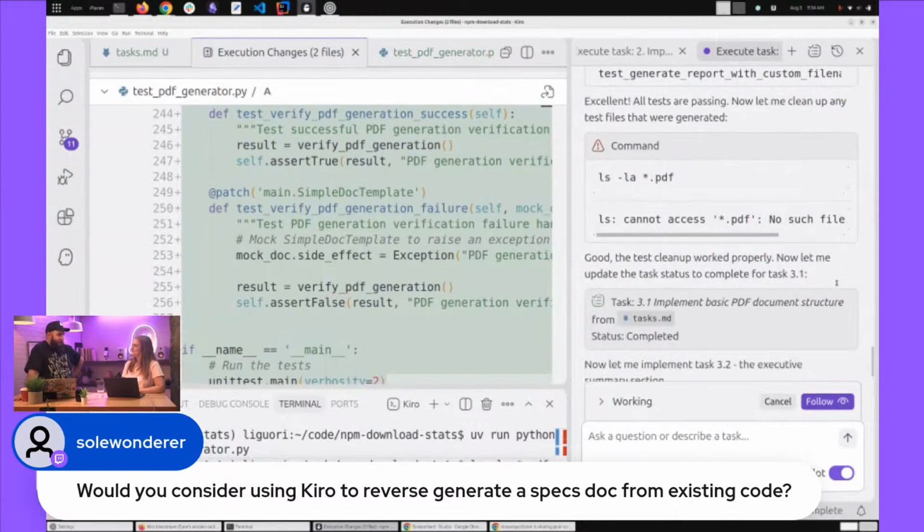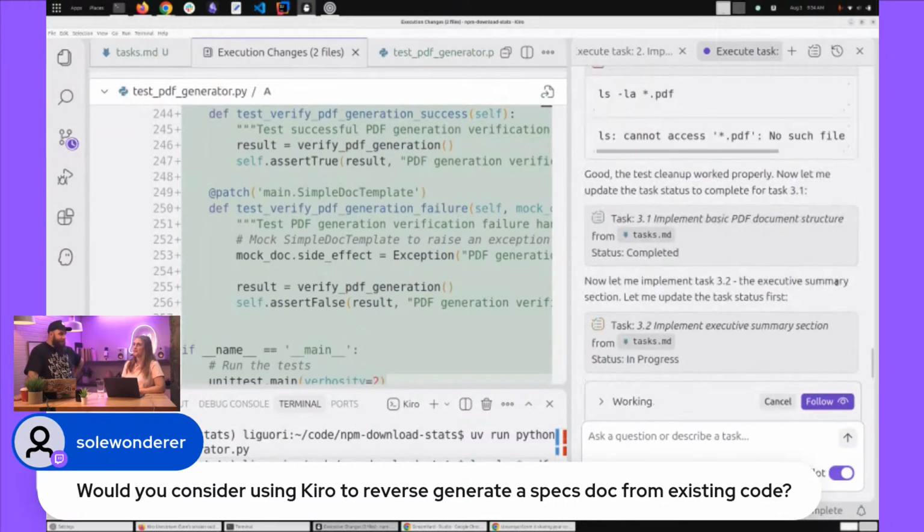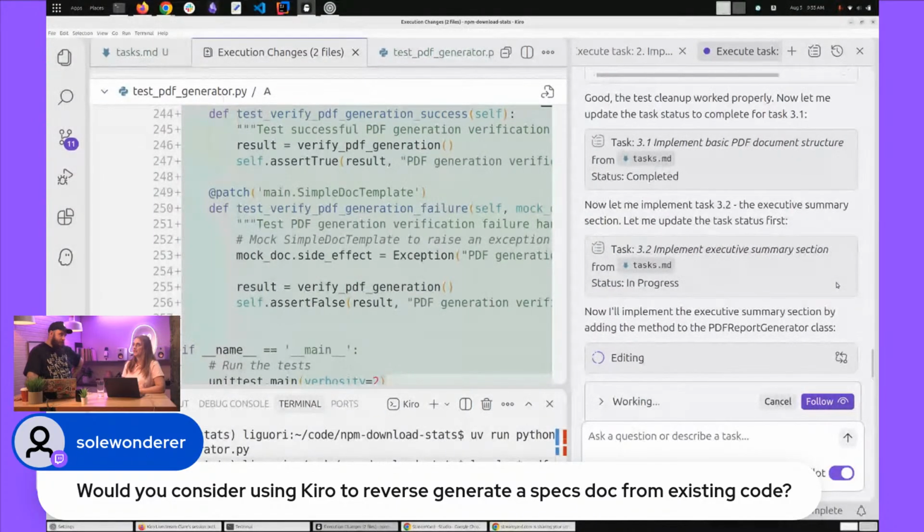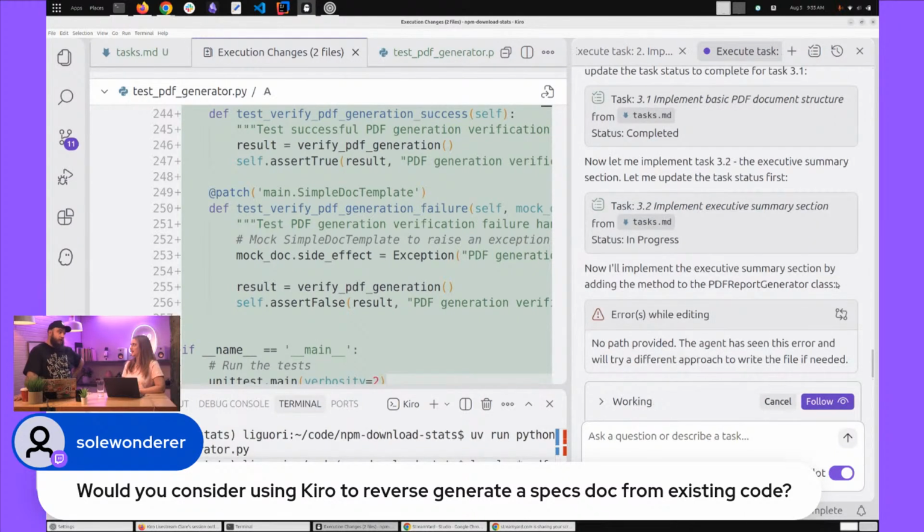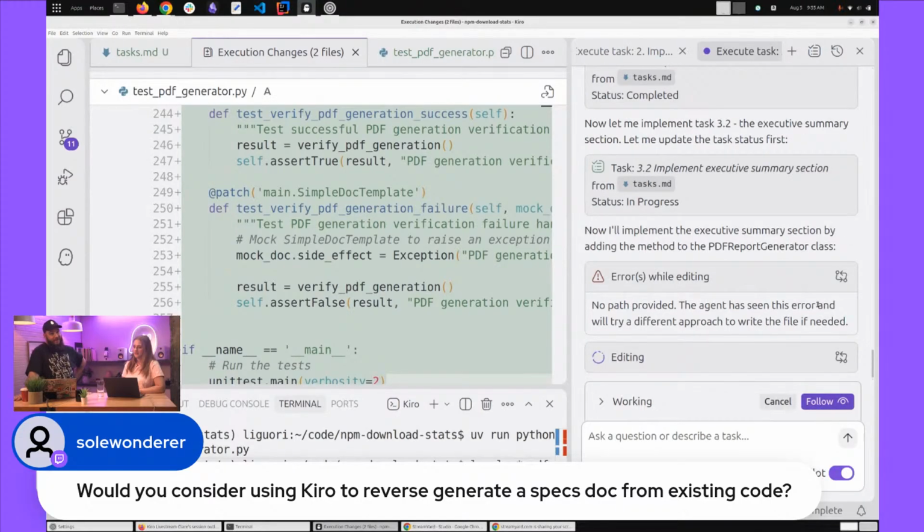I don't know. Well, I think you can ask it to generate the spec, and then you can ask it, okay, now create a new project with the same thing. Yeah. It may not follow the exact same set of tasks that you personally did, or whoever built that, but it will be close enough to what the outcome is.